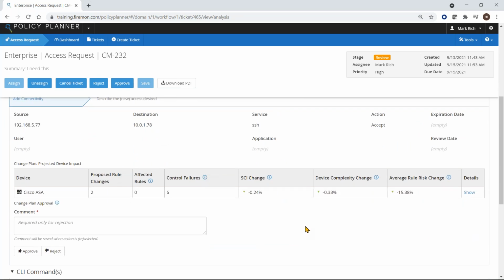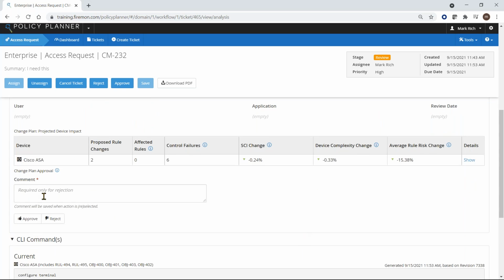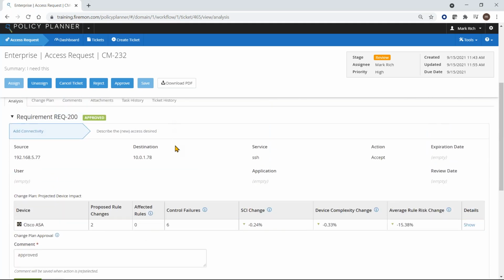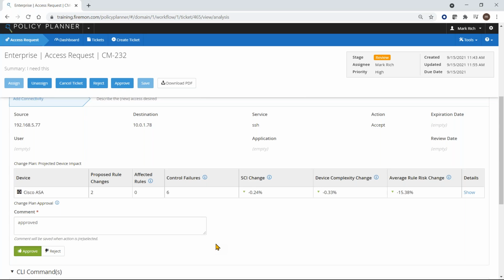So as the approver, I need to approve each requirement in a change as well as the entire ticket. So if there's more than one requirement, I'm going to have to click approve for each one. I can do that by just clicking the approve button on this particular requirement. And just for the sake of doing this quickly, I'll just tell you it's approved and it is in approved status. And once I go ahead and save that, I will actually be able to approve the entire ticket,